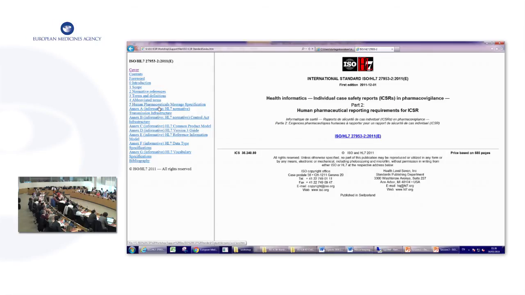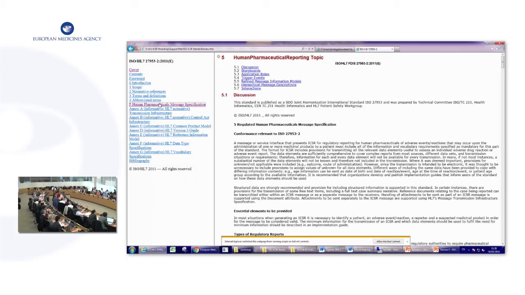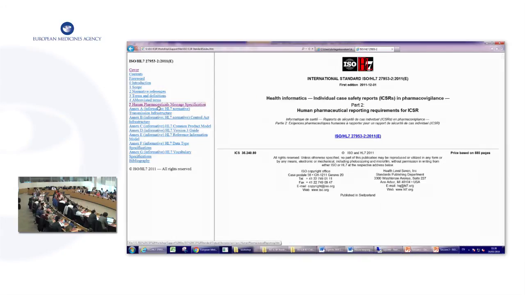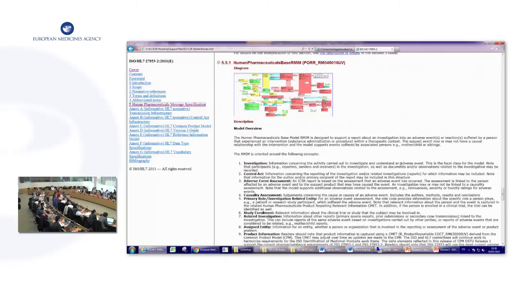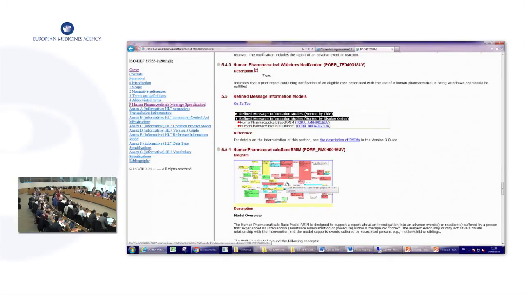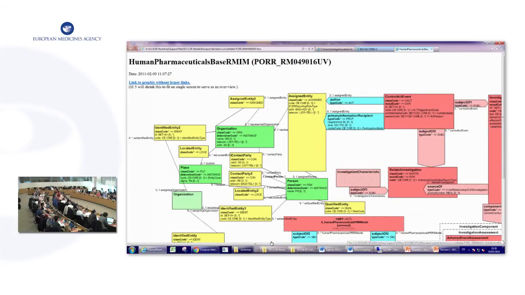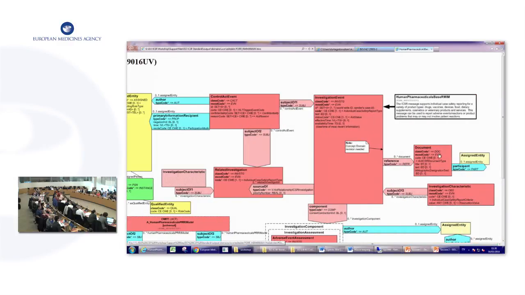The HL7 part came directly from HL7 and sits within the ISO template. And how you access the HL7 content is by coming to section 5. You'll immediately see the typeface changes slightly, and this is all HL7 documentation. Just have to allow content. If you come down, you can read that if you like, but you don't really need it. The important thing is this. This is the model, and it's all clickable. Clicking on the model opens it up. And then from there, you have the entry point